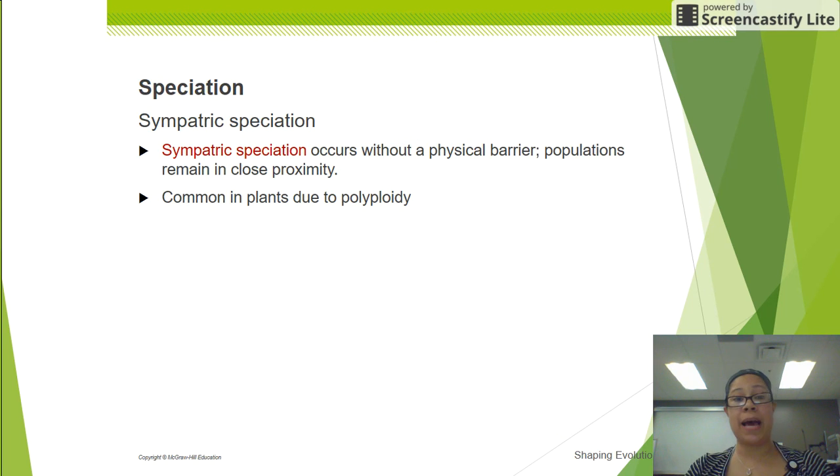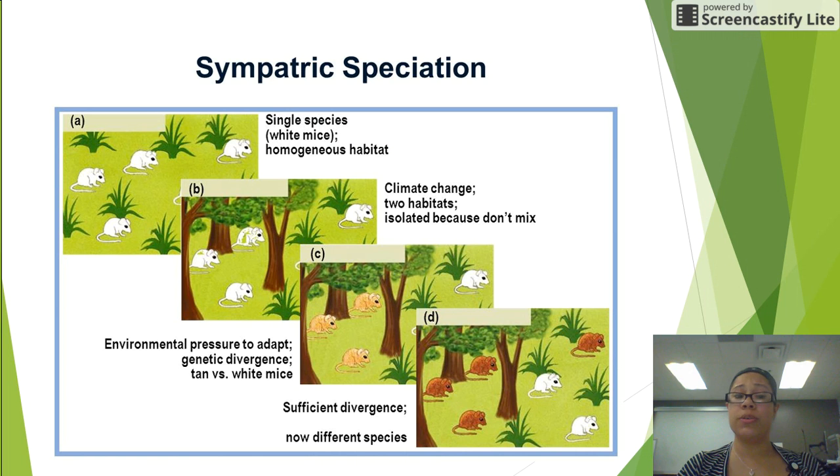This doesn't have to happen in the presence of a physical barrier. It can happen sympatrically, which means that they are in close proximity with each other. They are in the same area, but they have some form of selective pressure that's going to push them in opposite directions. So again, if we take a look at our little white mice, we're going to have some type of environmental pressure that's going to push